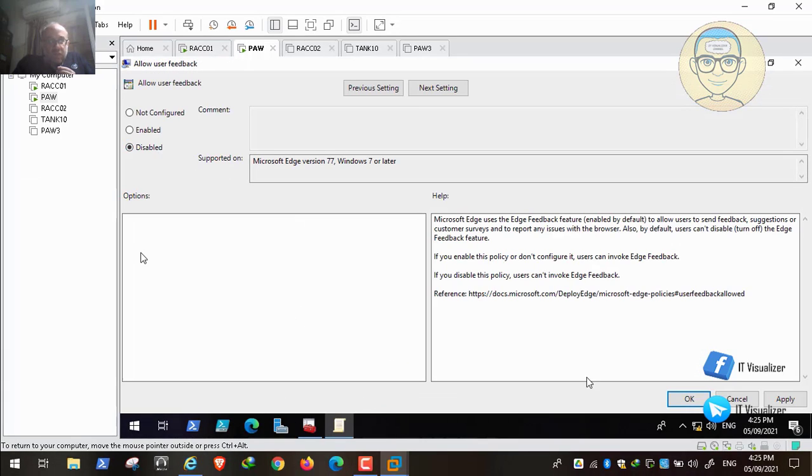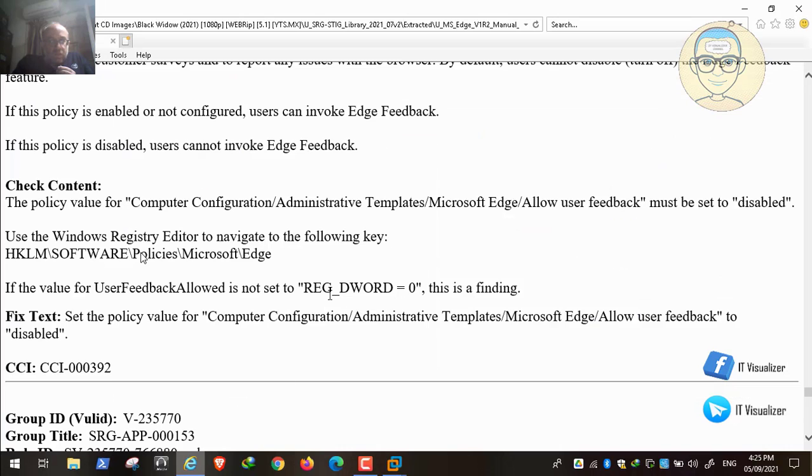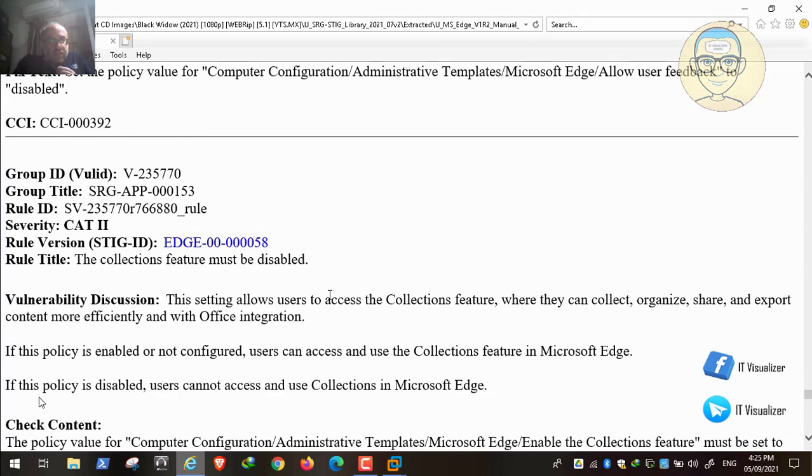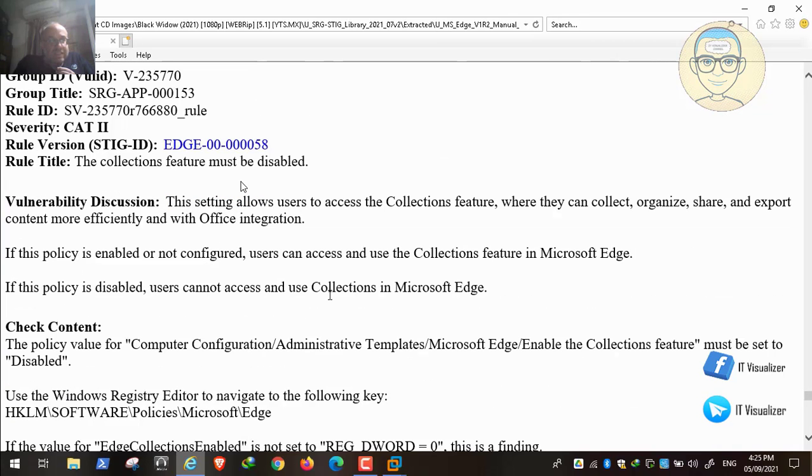Allow user feedback, disable this feature. Okay, and the collection feature must be disabled. This setting allows users to access the collection feature, where they can collect, organize, share, and export content more efficiently